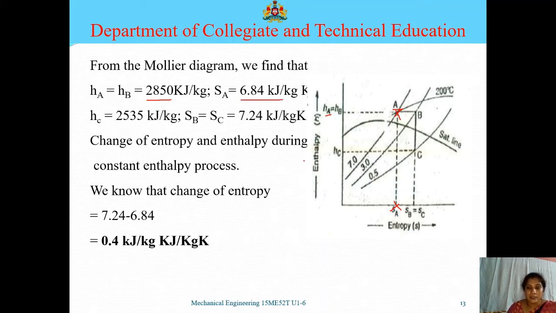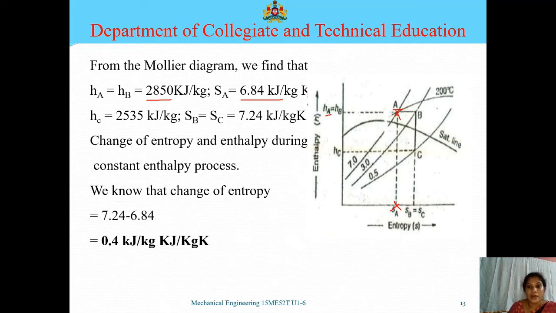What I did, first I searched for the pressure line where the pressure is 7 bar and the temperature line where the temperature is 200 degrees Celsius. So the intersection of these two lines, I marked as A. So I'll draw a horizontal line. By drawing a horizontal line, I'll get the value of HA. Since while expanding pressure from 7 to 3 bar, it's a constant enthalpy process, HA will be equal to HB. So the value of HA will be equal to HB. So I'll make a note of that value.